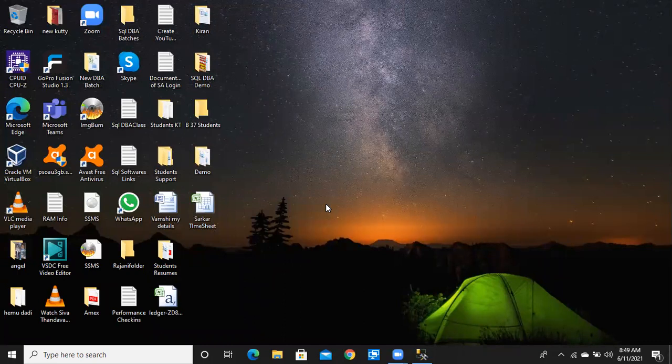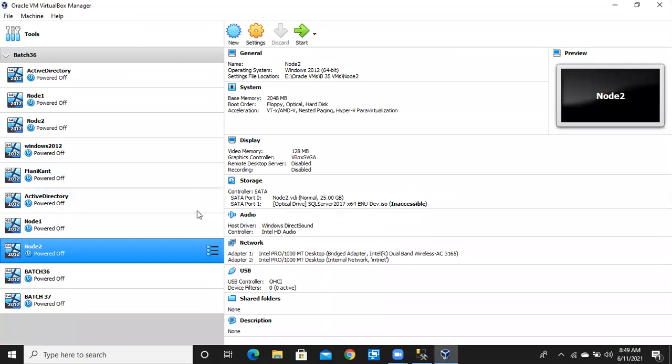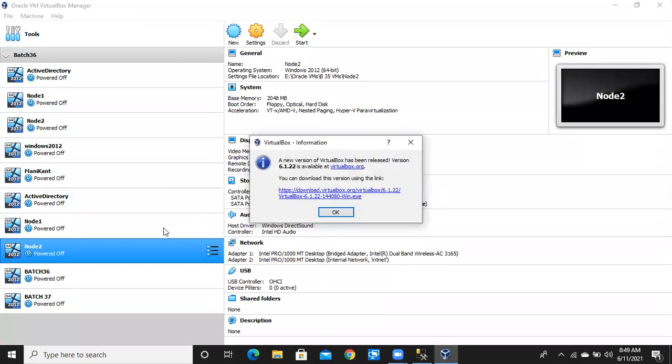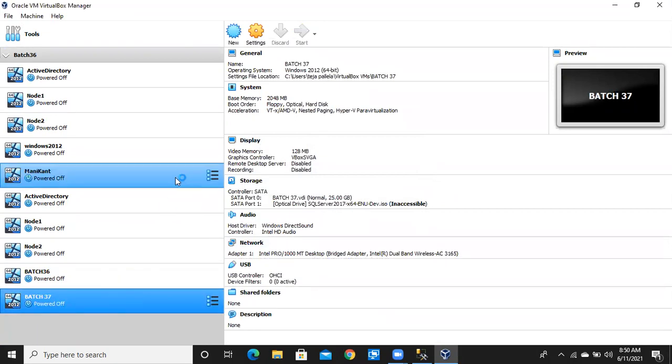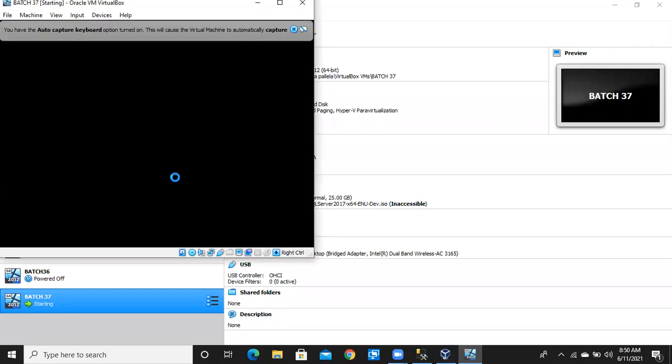In the last class, we discussed how to create a database, how to create a table, how to insert values in the table. Can anyone tell me the query to create a database? Create database name. Okay, very good. I gave you an assignment in the last class.